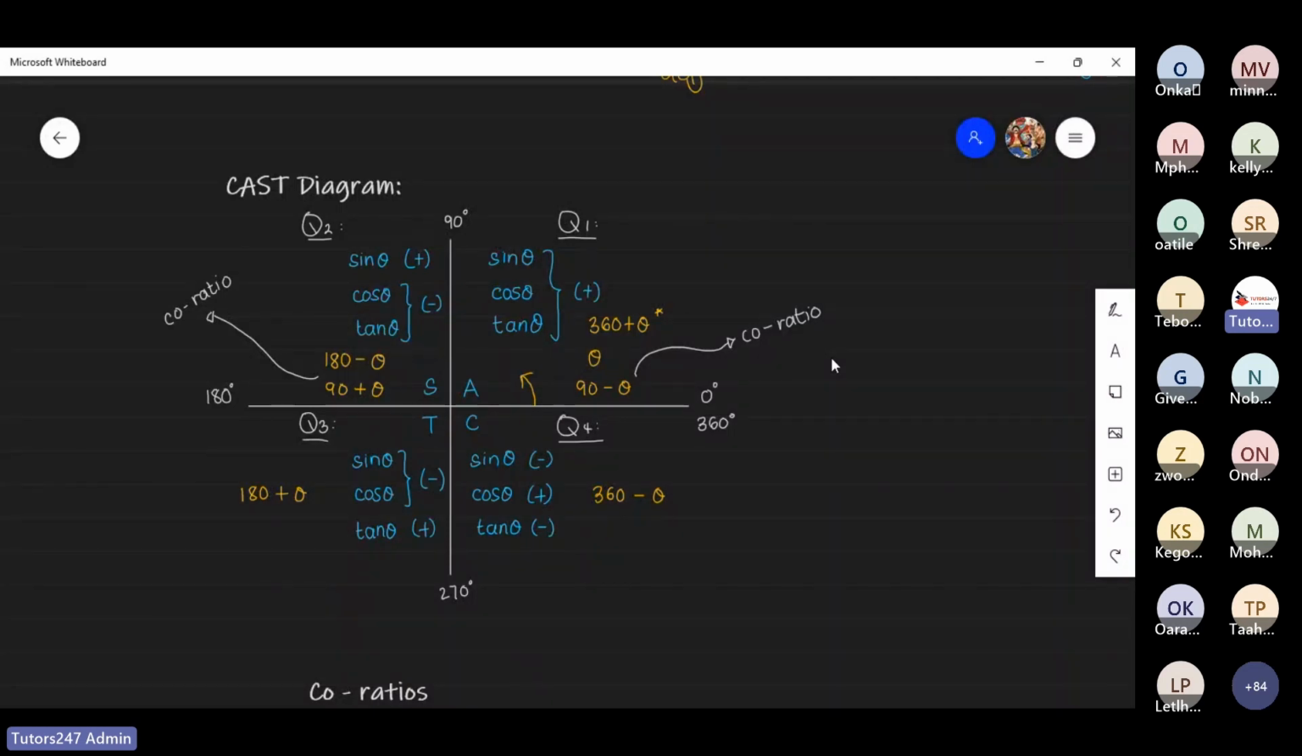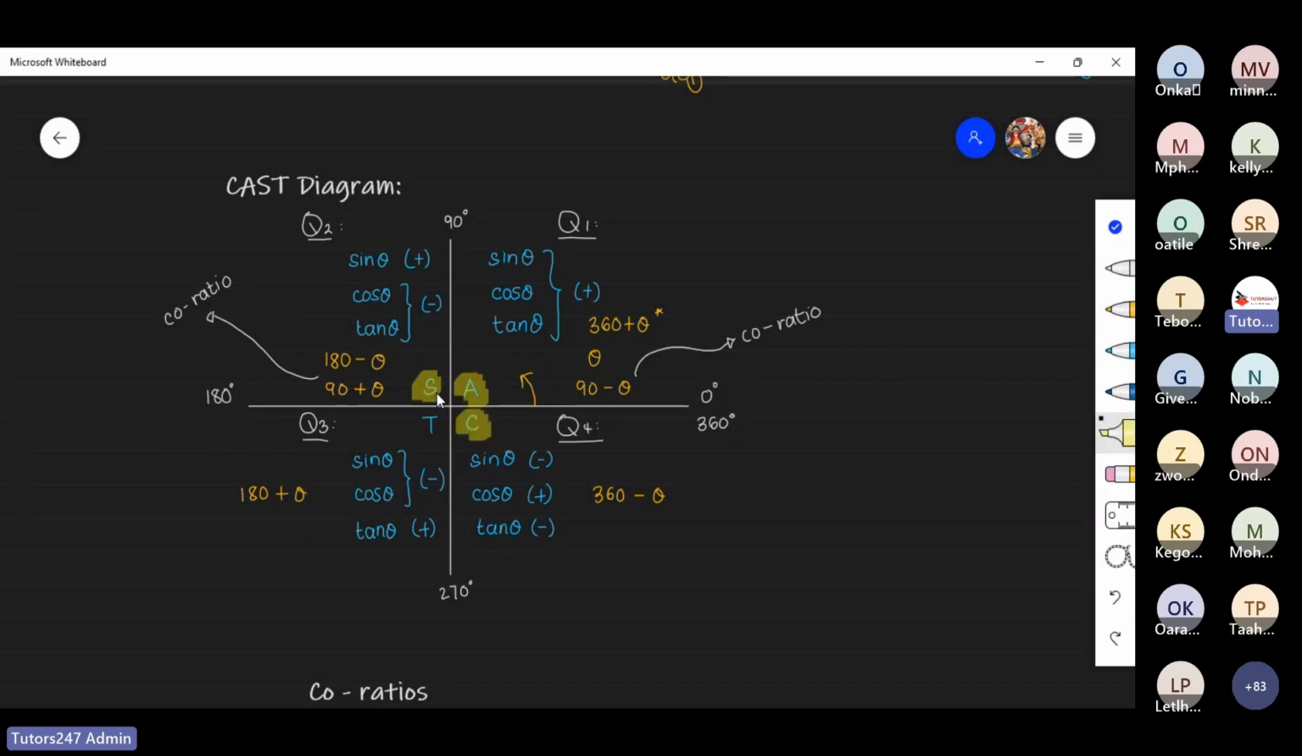Now, something important when you are dealing with your positive angle cast diagram is each quadrant. So if you look at quadrant 1, which is from 0 degrees to 90 degrees, you can see that within quadrant 1, sine, cos, and tan are positive. Within quadrant 2, we have sine positive and cos and tan negative. So how do we remember which is supposed to be positive and which is supposed to be negative? It's based on this notation,